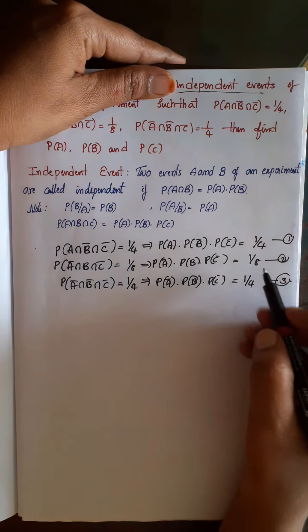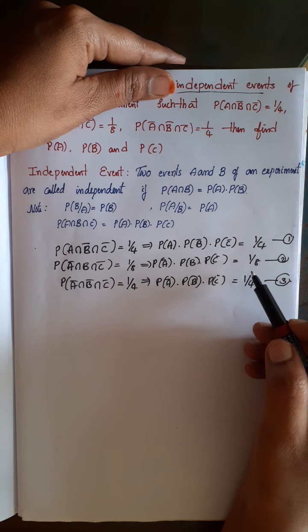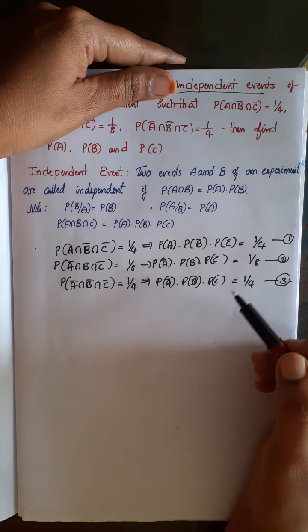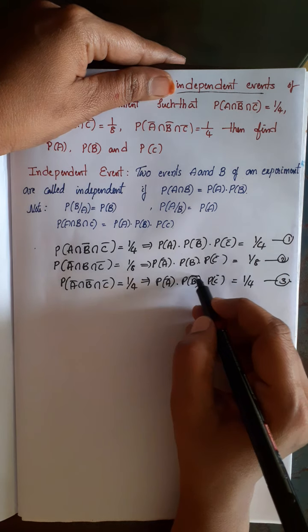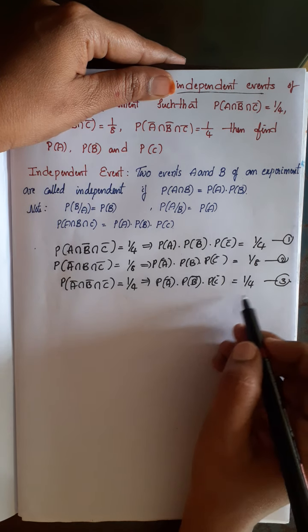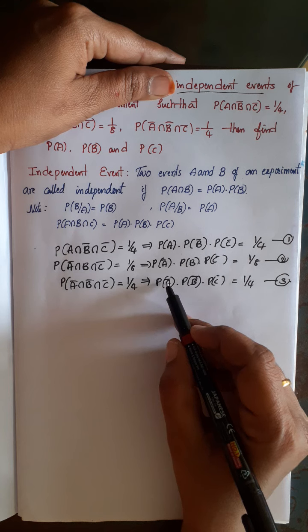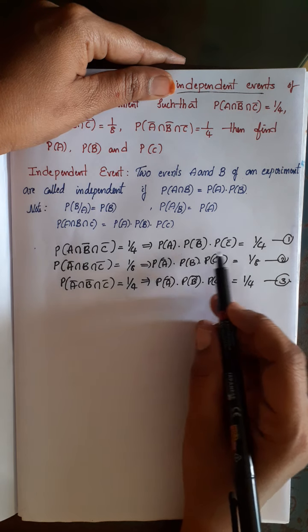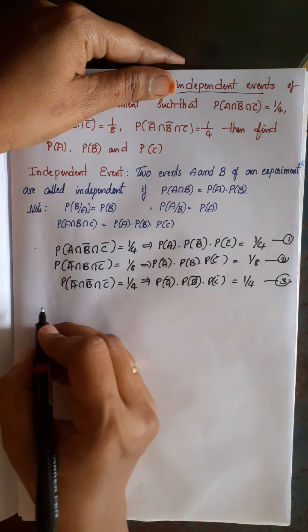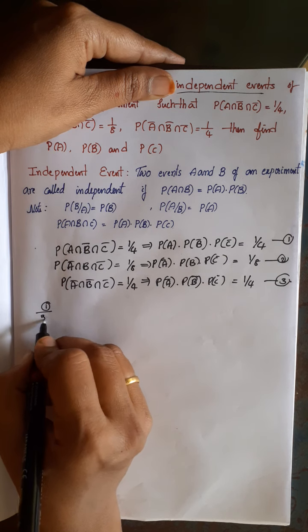Now you observe these conditions, we have to get P of A, P of B, P of C values, right? If I observe in the last third statement, what do you have? All complements you have. Here 2 complements you have. So I am using 3 now.